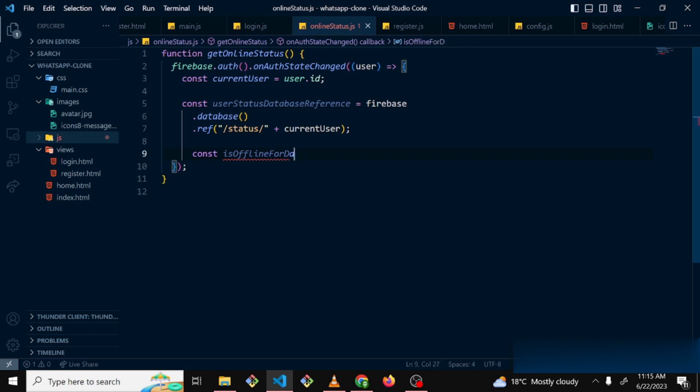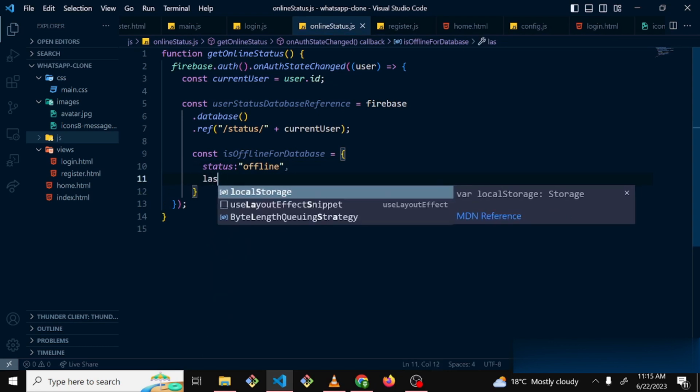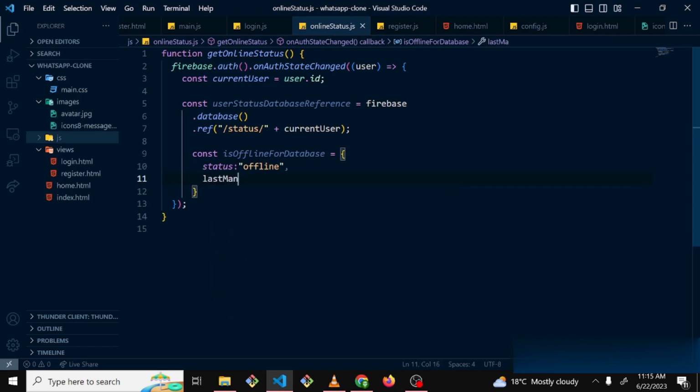For database will be equal to, we'll give it a status, we'll say offline. So this is for the user when it's offline. We'll do a last changed. This should show the last time that the user was online. So that means the user is offline. Last changed, not last managed. Last changed. We'll do Firebase